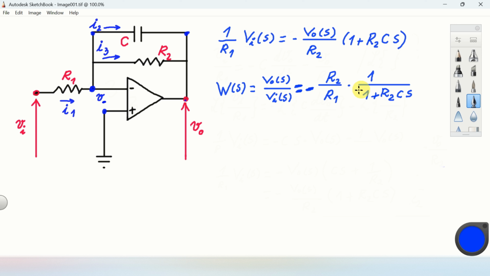And notice this minus over here. What's the purpose of this minus? Well, this minus will introduce a phase shift. It will introduce a pi phase shift initially. That is, for low frequencies, we will have the shift of pi, as you will see in our future video